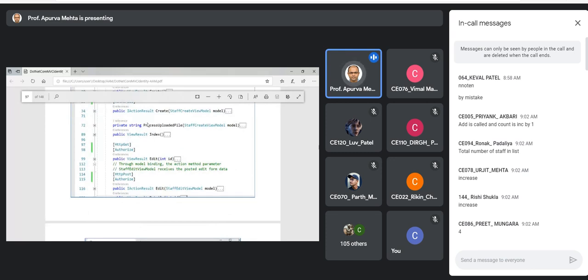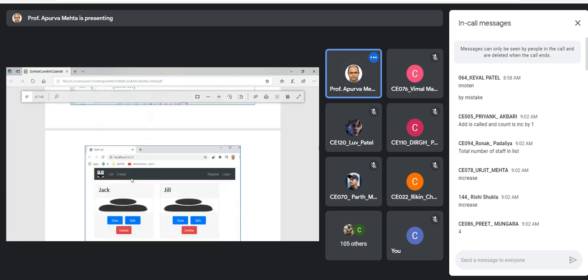Don't worry about this process uploaded file. It will be covered by Jatayu sir. It is basically for when you register a user and, say, want to upload a profile image; the code is there for that. Then we have the index method. In the index method, we don't have the authorize keyword, which means anyone can access it. Then on the edit, again we use authorize. An anonymous user should not edit the user, so that's why the authorize keyword, on both edit methods.